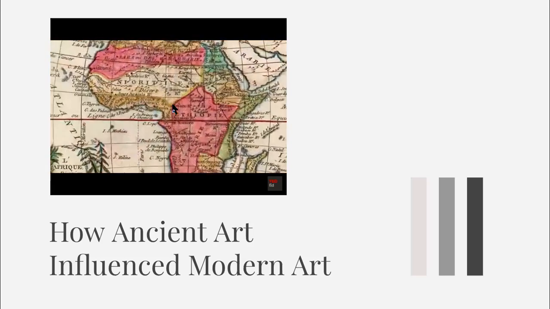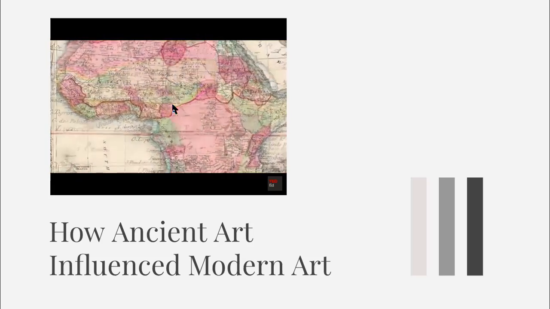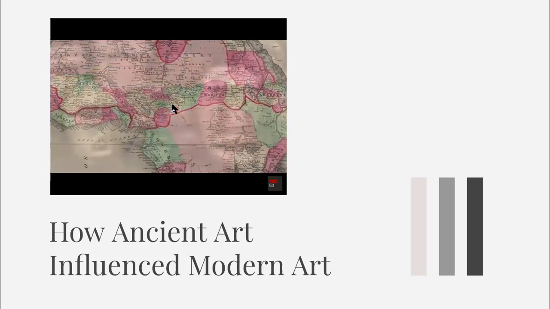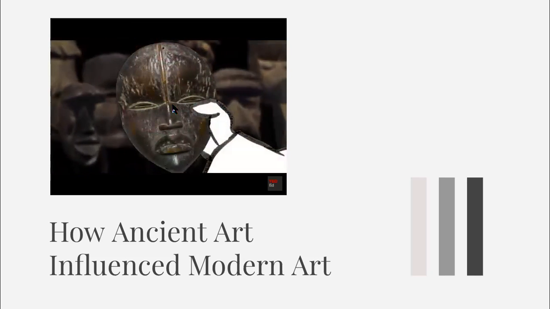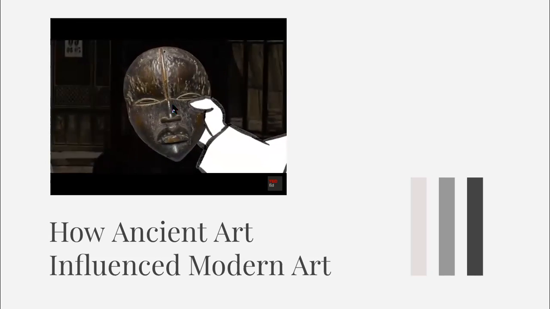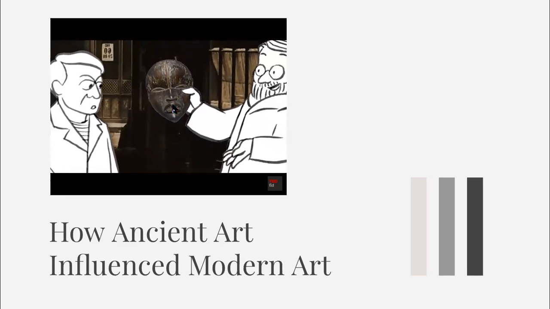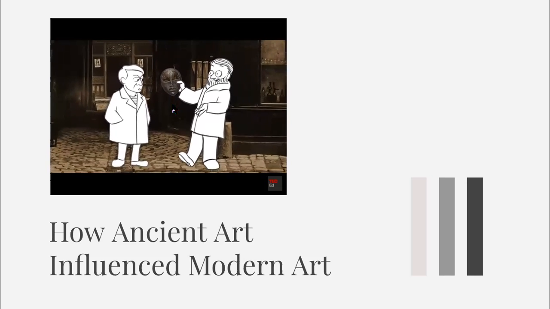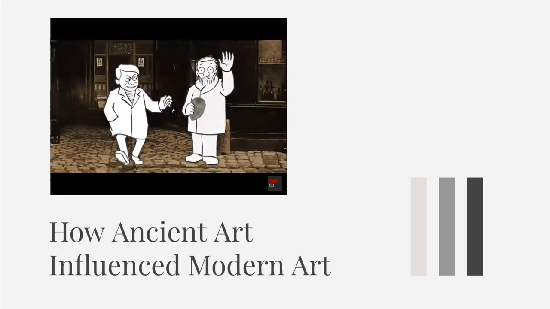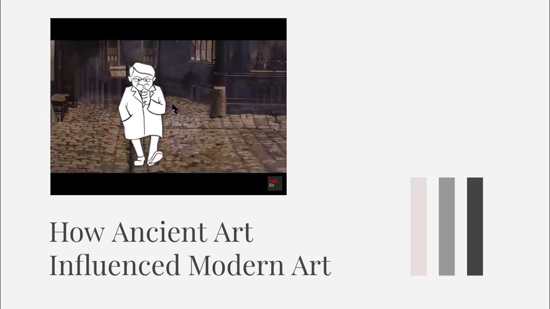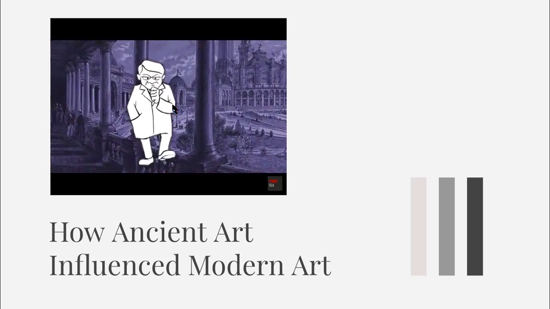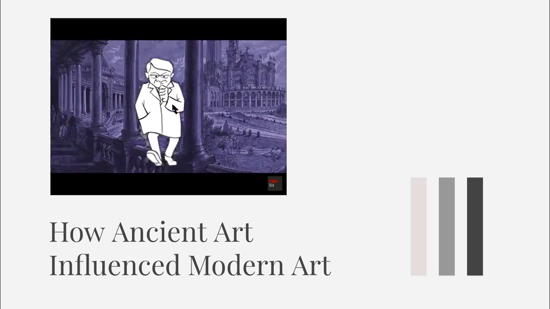As European empires expanded deeper into the African continent, its artifacts and artworks made their way into the hands of museums and collectors. One such collector was Henri Matisse, who showed his friend Picasso a mask he had acquired, made by the Dan tribe of the Ivory Coast. The mask awoke Picasso's curiosity, leading him to visit the Trocadero Ethnographic Museum in Paris in 1907.